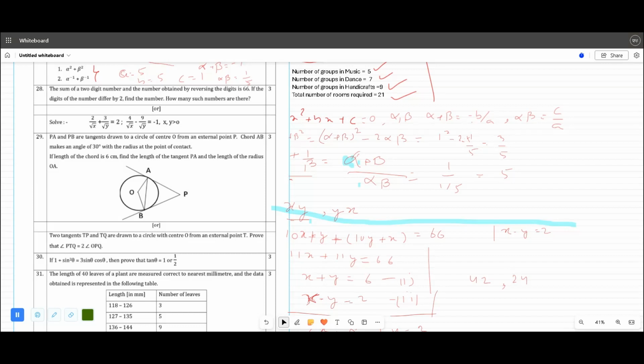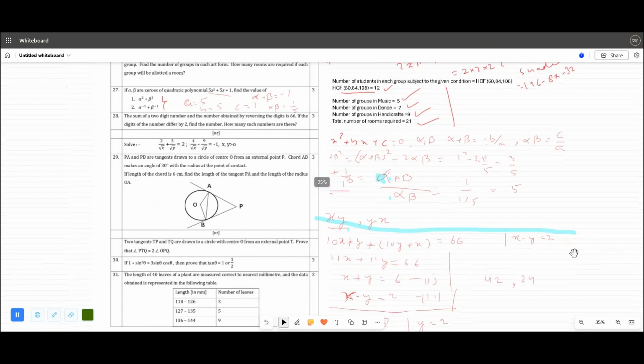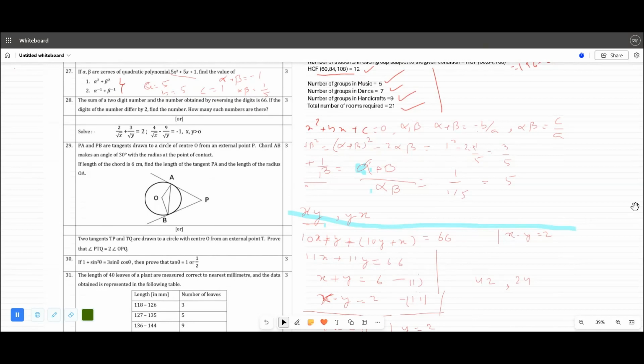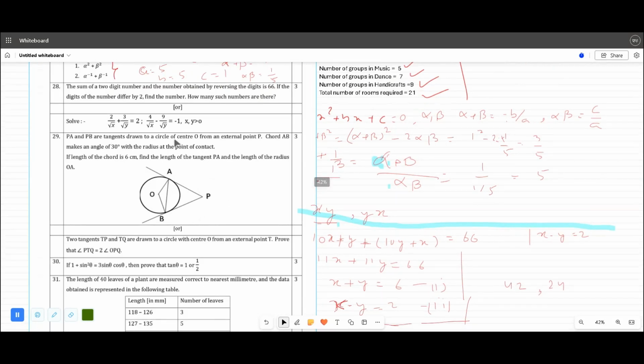Okay, तो अब इसको दो तरीके से कर सकते हैं। तो हम रूट में करें जो आपके लिए थोड़ा सा हार्ड हो जाएगा 10th लेवल पे, तो हम इसको क्या करते हैं, एज्यूम करते हैं। यही सॉल्व करता हूँ साइड में। ओके, तो हम एज्यूम कर लेंगे कि root x is equal to a square। तो root x अगर a square, x is equal to a square तो root x हो गया a, और y is equal to b square तो root y हो गया b।